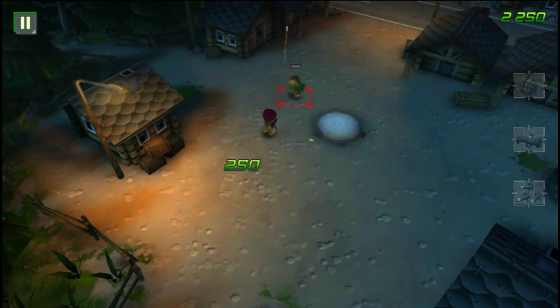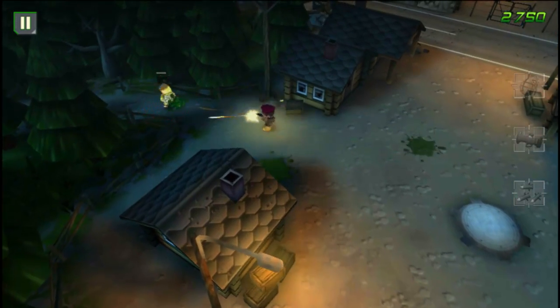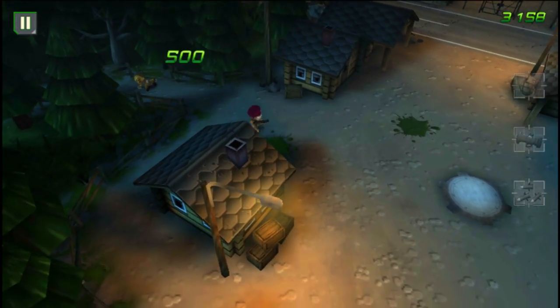And that's kind of annoying. It's like, why can't you just give me the score right off the bat? Why do I have to wade through all the zombies in order to actually get the score that I've earned? But...